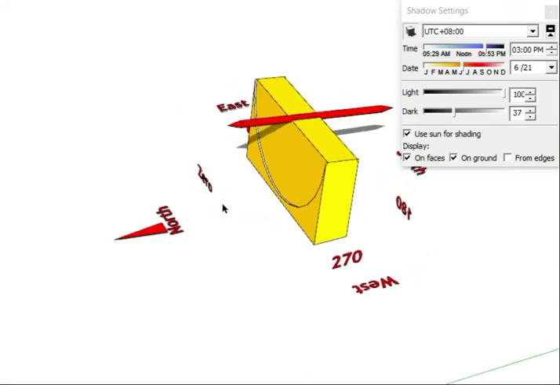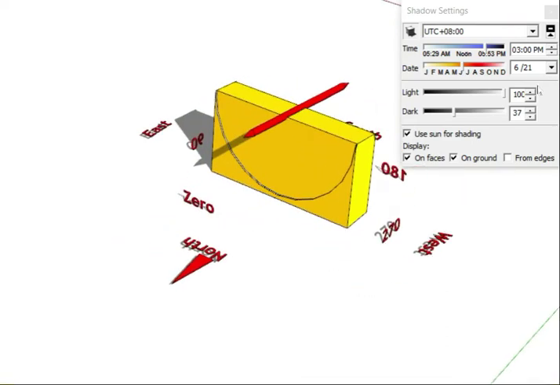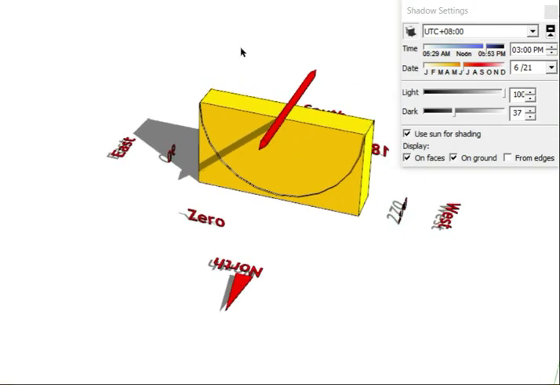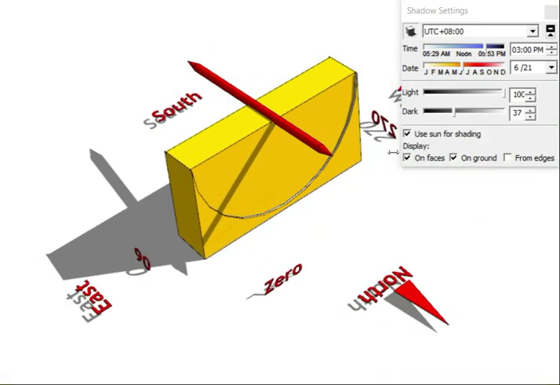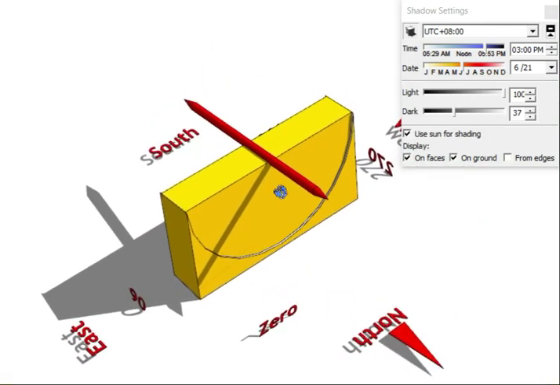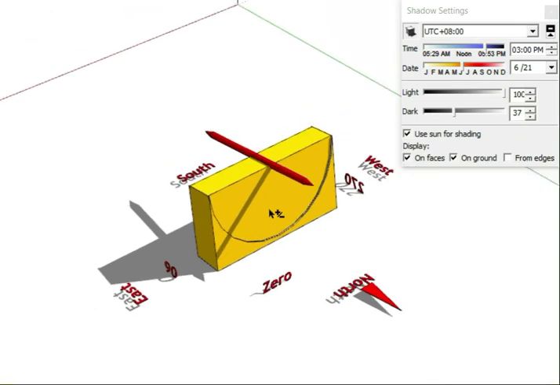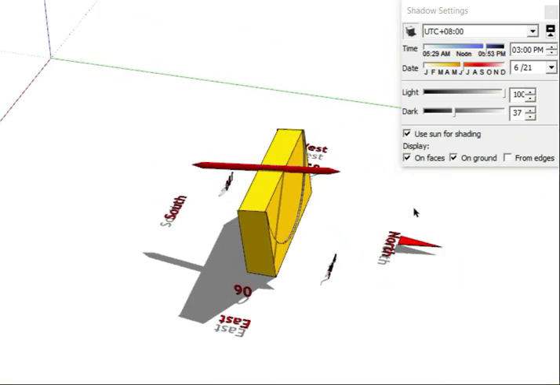So in the tropics, all the surfaces of the building will receive their share of sunlight,